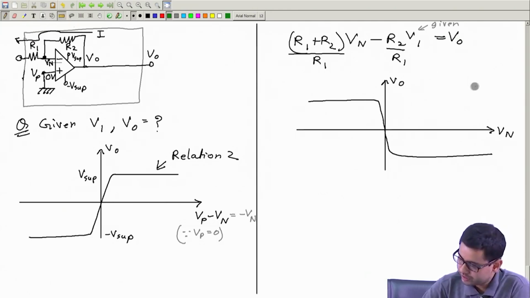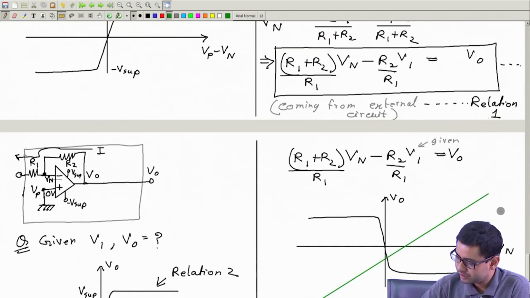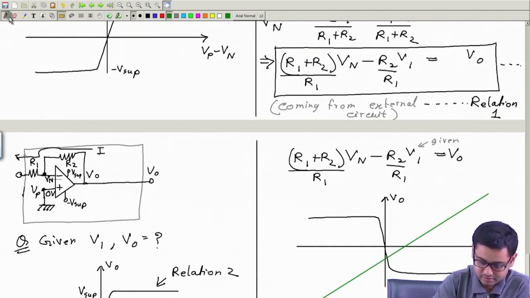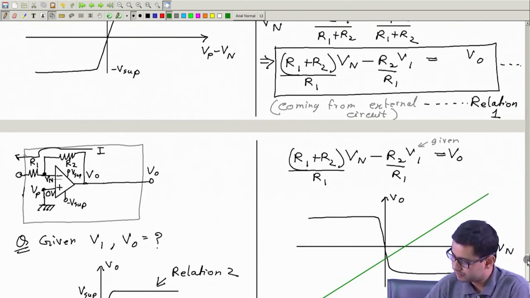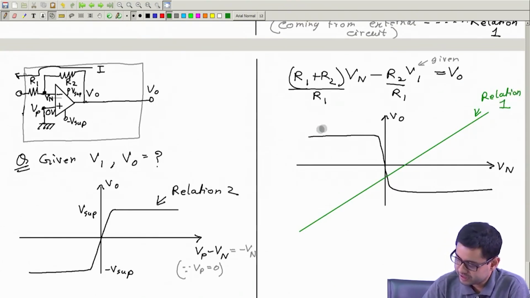So this will be somewhat like this. So this is relation 1, this is relation 2,